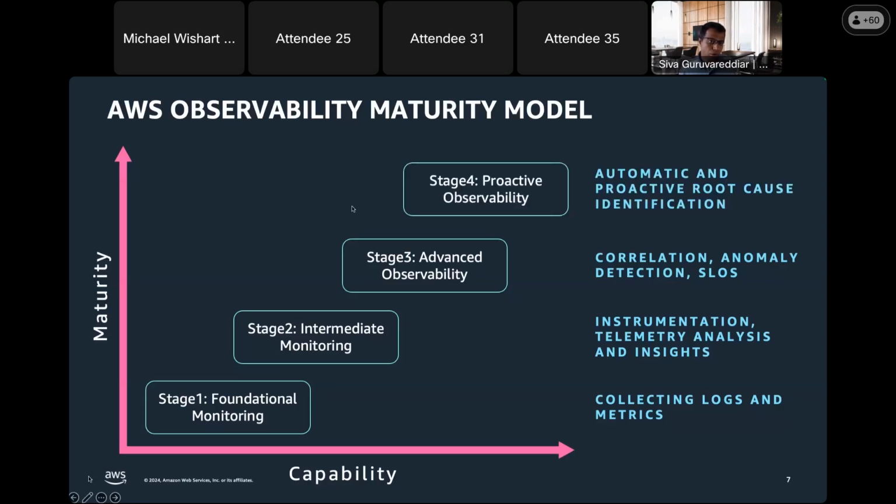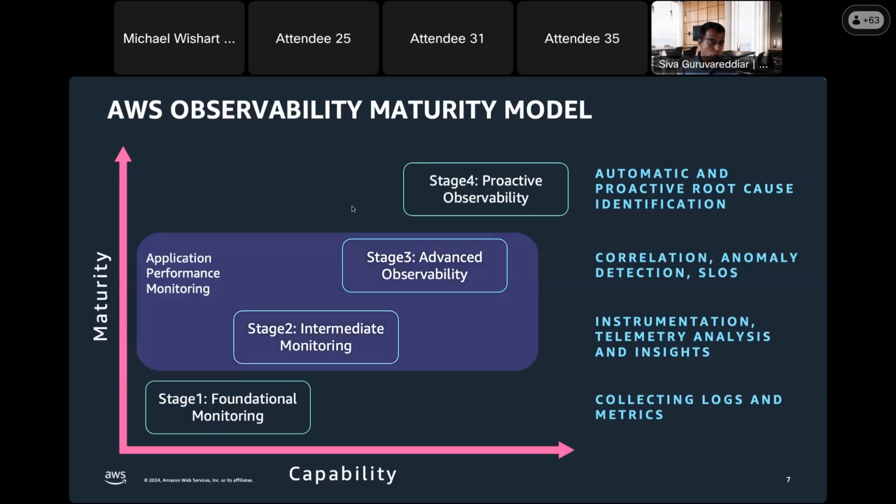And step number 4, which is the top layer, comes with the recent advancements in the AI/ML field. So if I can do some proactive observability, can I detect something even before it occurs, or proactive root cause analysis and identification, and possibly some kind of remediation. So that's the maturity we are talking about. We do have some questionnaire around it, so please talk to your AWS account teams to know more about this.